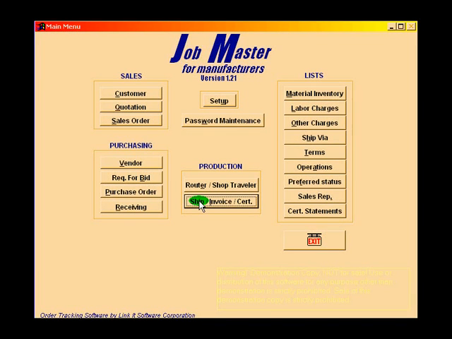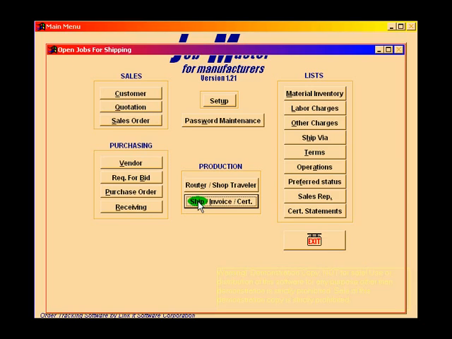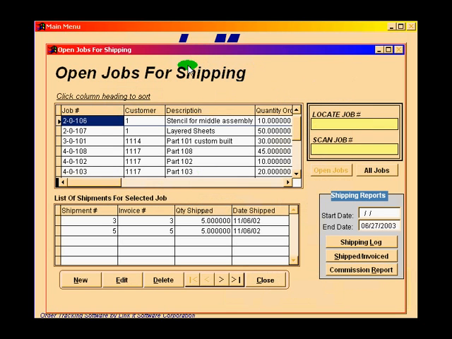So we've entered all the material and data that JobMaster needs to perform. We've developed our customers, done a quote, taken a sales order, produced a shop traveler, produced the product, and now we're ready to ship. So I'll click on the Ship Invoice Cert button, which takes us to this screen, Open